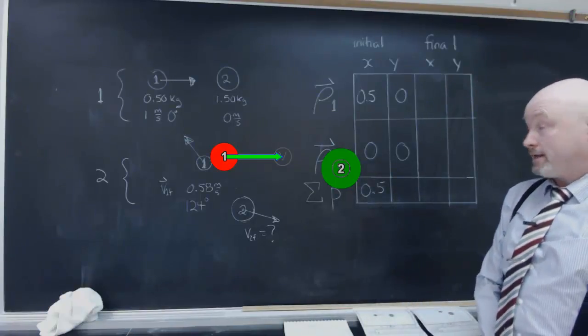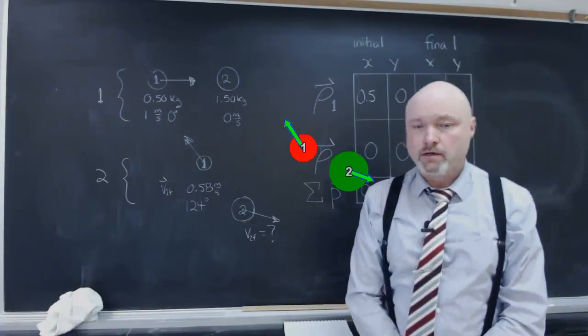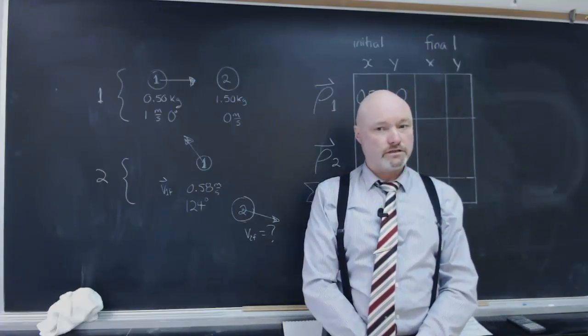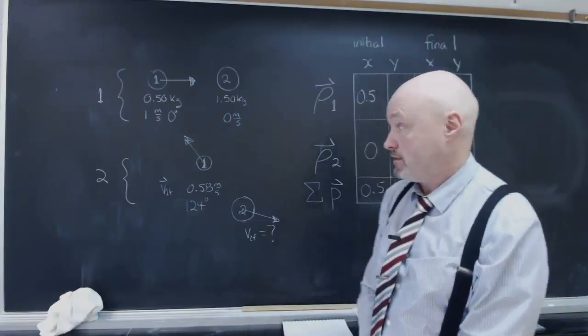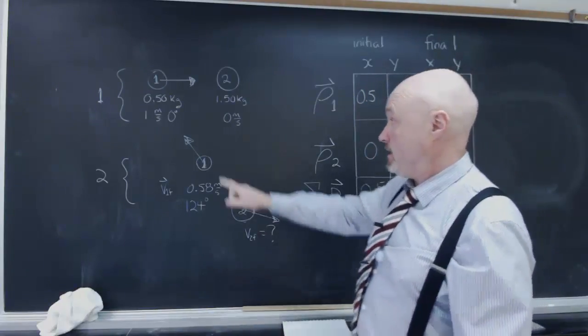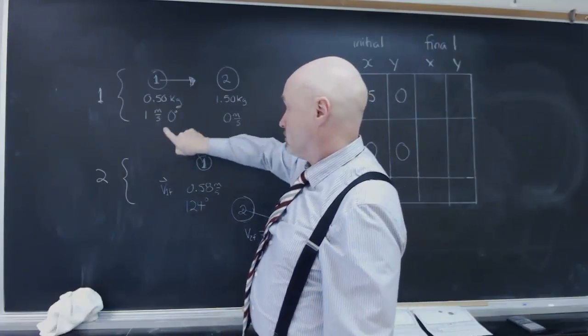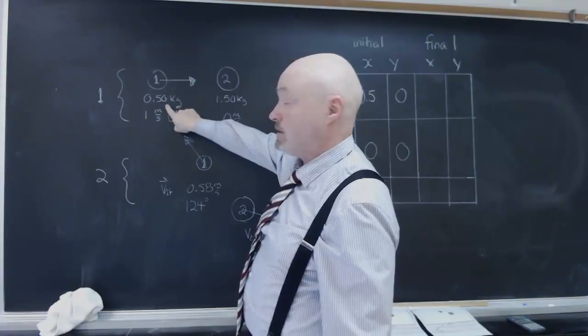So we are looking at a glancing collision. At the heart of every two-dimensional collision problem is essentially the conservation of momentum. In grade 12, we don't have to worry about kinetic energy. What we're looking at is a fully elastic collision between ball 1, or puck 1, more appropriately, which has a